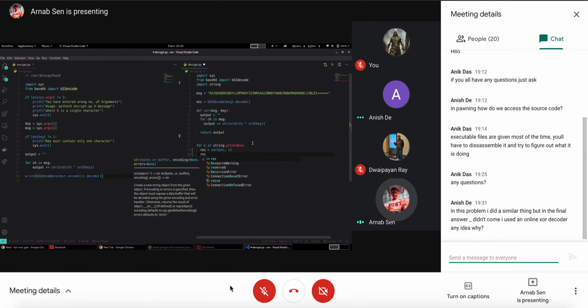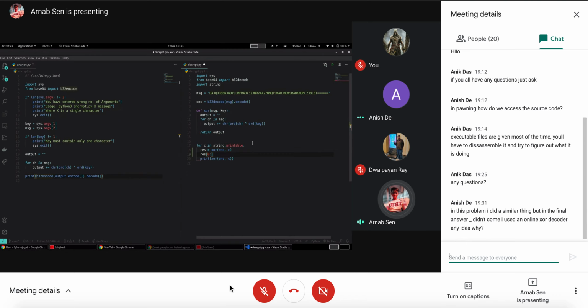And if the first four characters of the result, so 0 to 4, are equal to GLUG, then I'm going to print this along with the key.